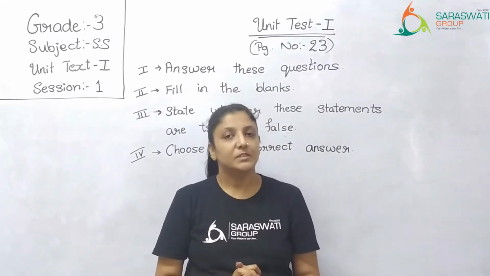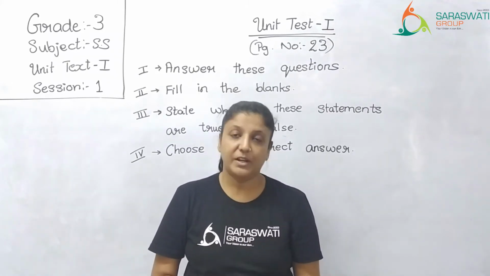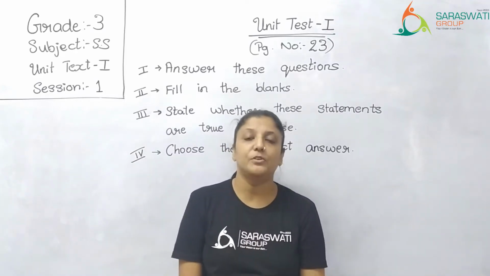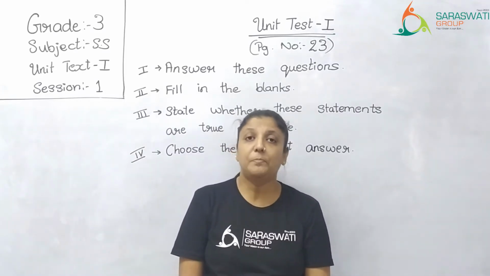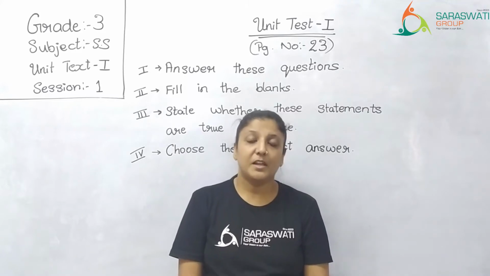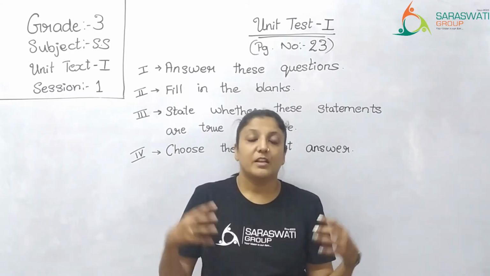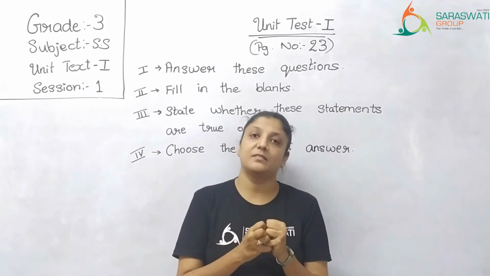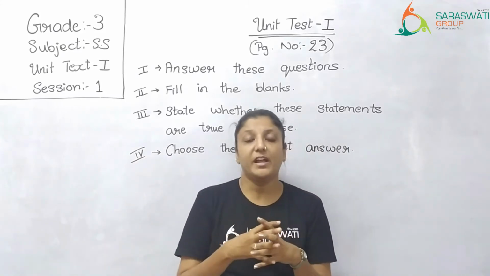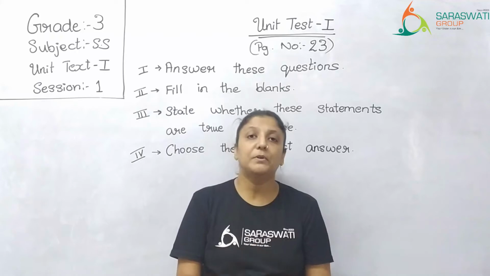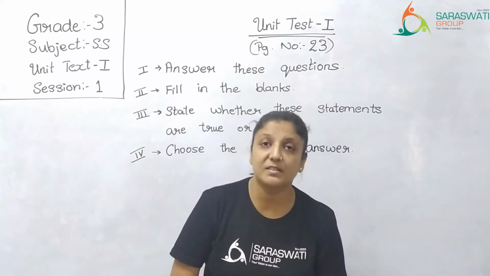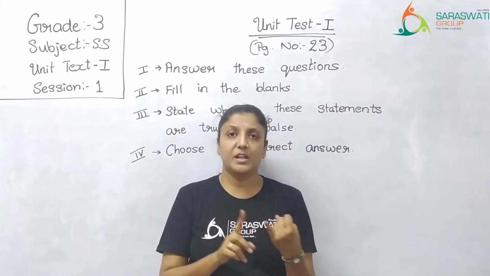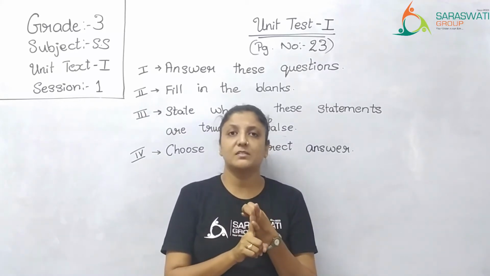Clear? Next, question number 3. Give any 2 reasons for air pollution. Air pollution means the air gets polluted. Some harmful substances get mixed into the air, and it causes air pollution. Now, how does this happen? You know many reasons, right? Like burning garbage, burning firecrackers.